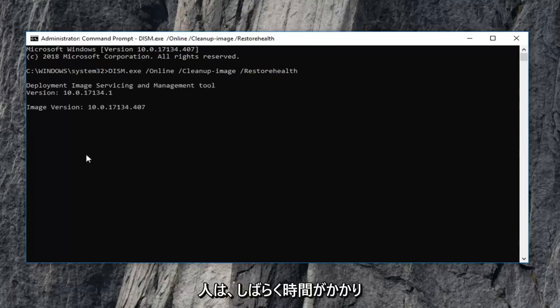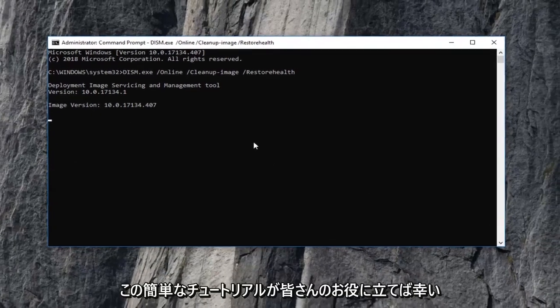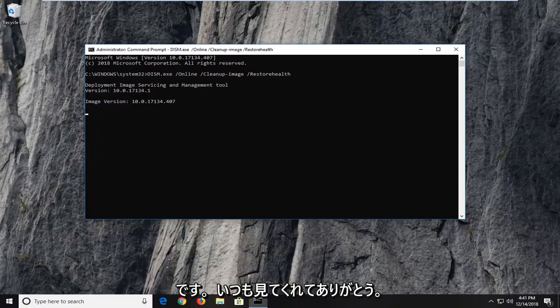This will take some time to run. I'm not going to drag this video out too long. It'll just probably take about 20 to 30 minutes in my experience just to do a full run here. And if it finds anything, it should be able to hopefully resolve it, restart your computer, and hopefully that should be about it. So I do hope this brief tutorial was able to help you guys out, and as always,